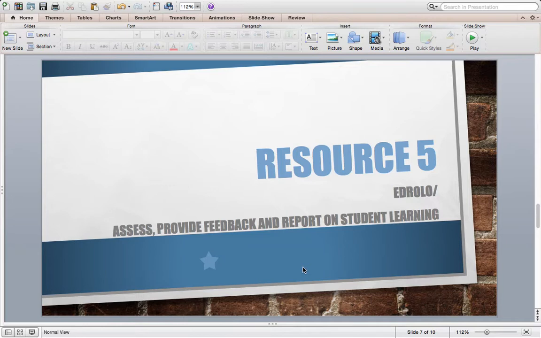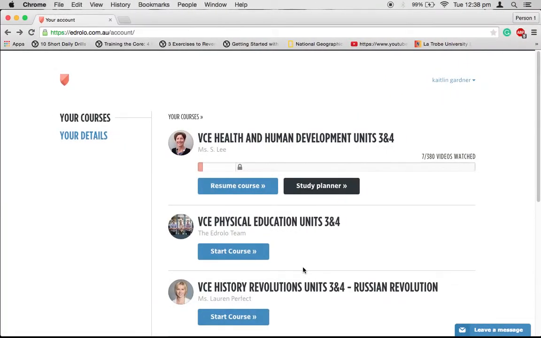My final resource for this piece is EdRollo, which I believe corresponds with professional practice, access. Number 3, access, provide feedback and report on students' learning. So I came across this resource when I undertook my teaching placement, but it is available to the public for a price. EdRollo is a website in which individuals sign up for various titles, such as teacher or student. Depending on who you sign in as,